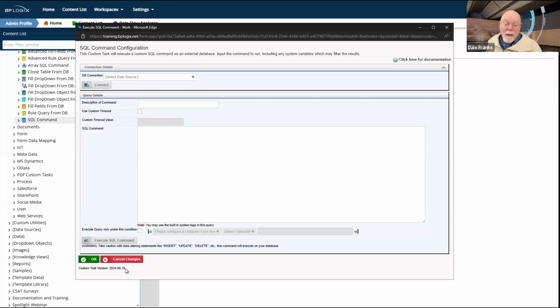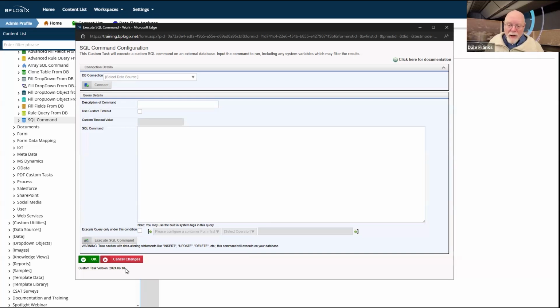We do, and because we do make changes, and sometimes we find a little bug here and there in one of the custom tasks and they have to be updated, you do need to go to the support site and check on a recurring basis to ensure that you have the most recent custom tasks. So you just need to download them and import them.